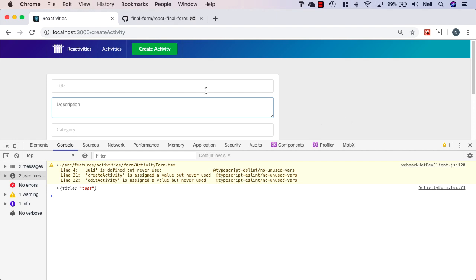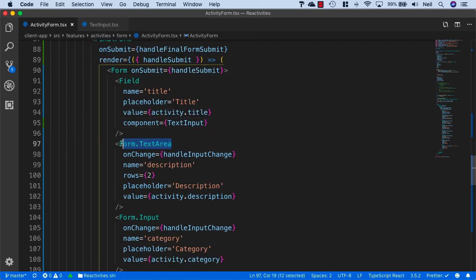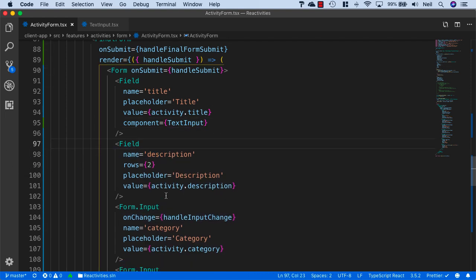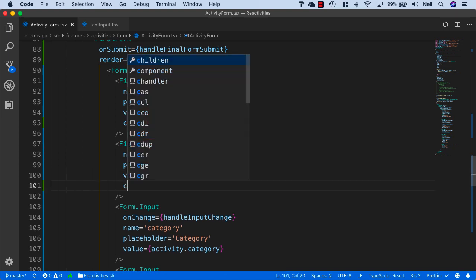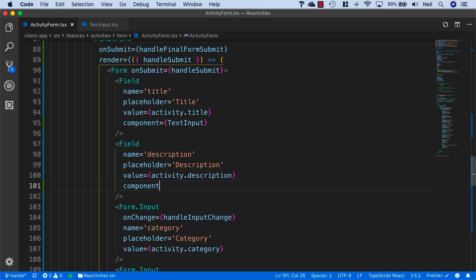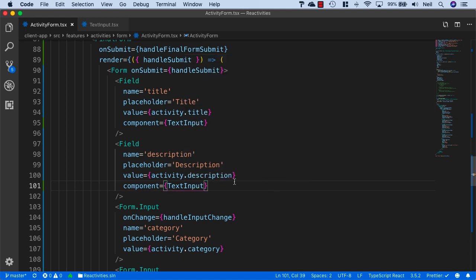So what we'll do next is just refactor our form fields so that they're all using our new reusable text input components. So what we'll do is we'll change each one of these to a field, and we can remove the onChange handler from each of these components. And for now we're just going to keep these as text fields. So I'm just going to remove the rows, and I'm going to specify the components in here as our text input. We'll create a text area input very shortly, but for now, let's just use the text input components on